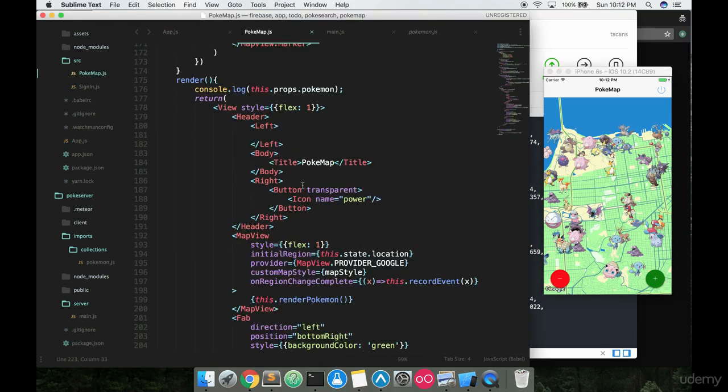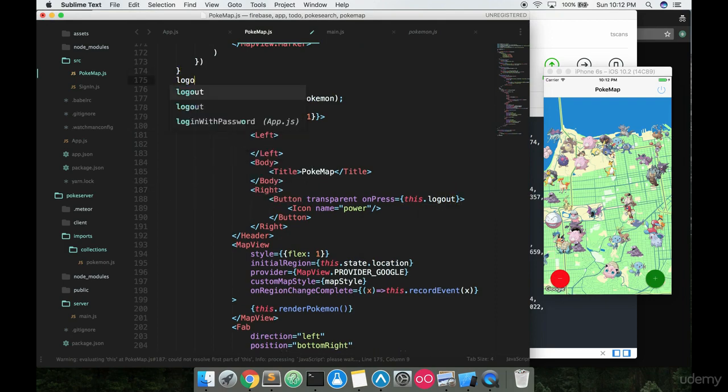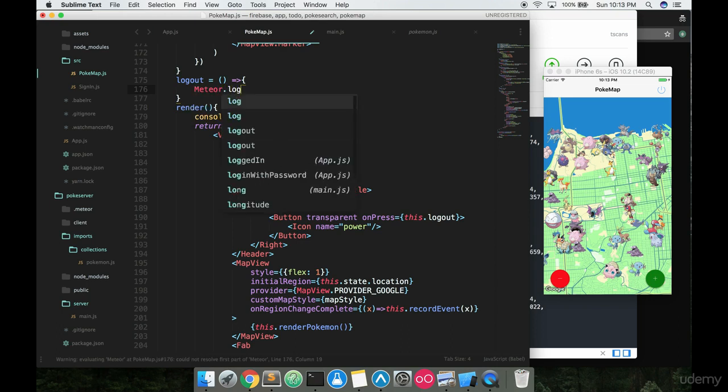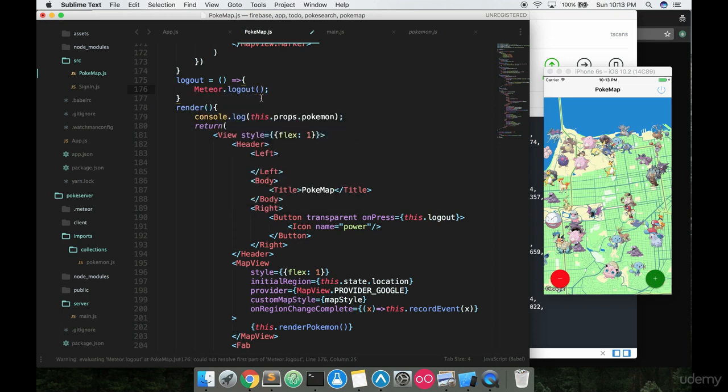So if I go to the Pokemap, on the button I can just have an onPress and pass in a function called this.logout, and we can just define this right here. Logout will be equal to an ES6 arrow function. Oops, I messed that up. And in here, a couple things we'll pass in. The first is Meteor.logout. So this is a special Meteor function that basically just takes whoever signed in on this end